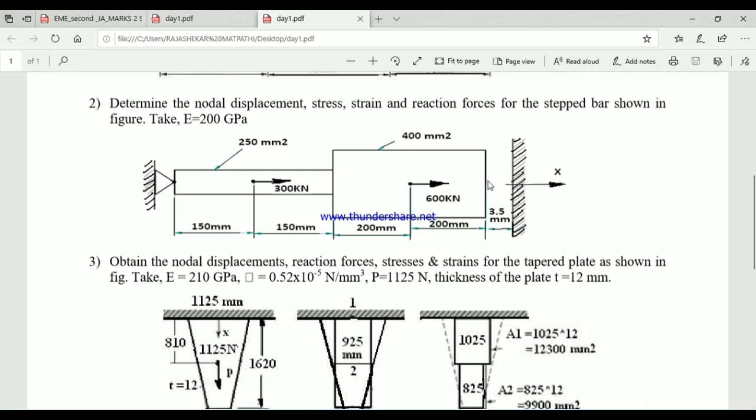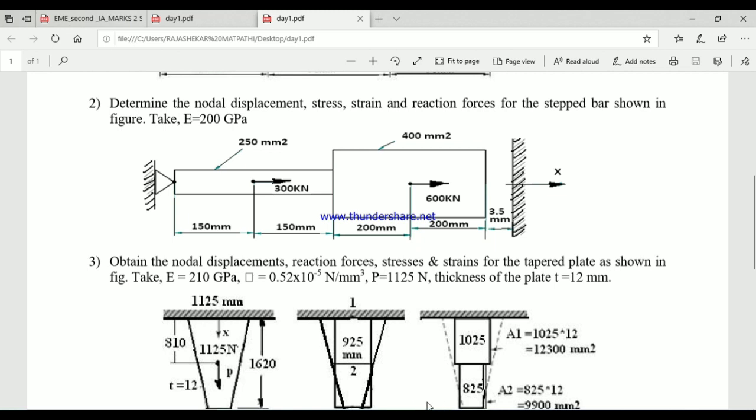Anyhow, I will send you the video of this problem and procedure. You can practice later. Now I'll move on to one more problem, this vertical bar problem. If it is a vertical bar, generally they'll give the density here. Sorry, the rho symbol is missing here, a blank symbol is there. The density of the metal is given as 0.2 into 10 to the power of minus 5 Newton per mm cube. What is density? Your mass per unit volume. The body force, if the body force is given, how to solve these problems?